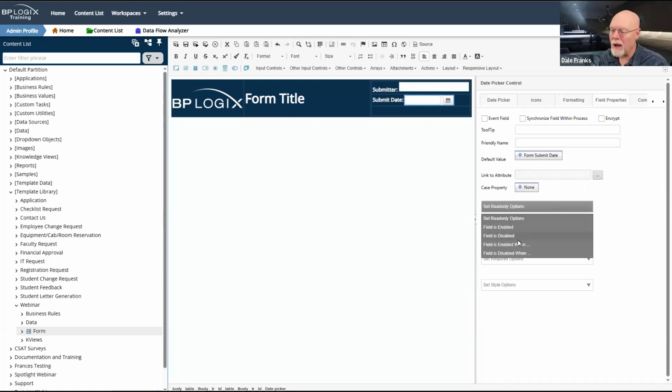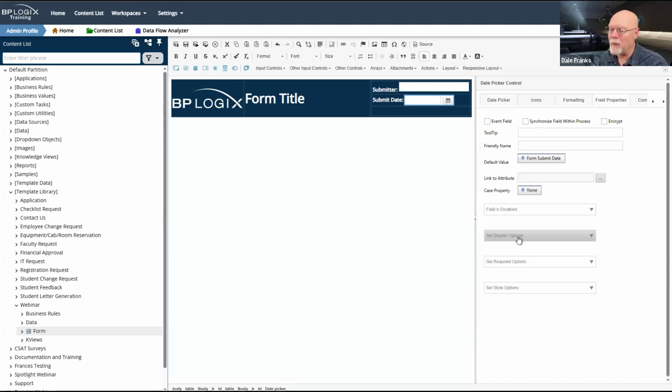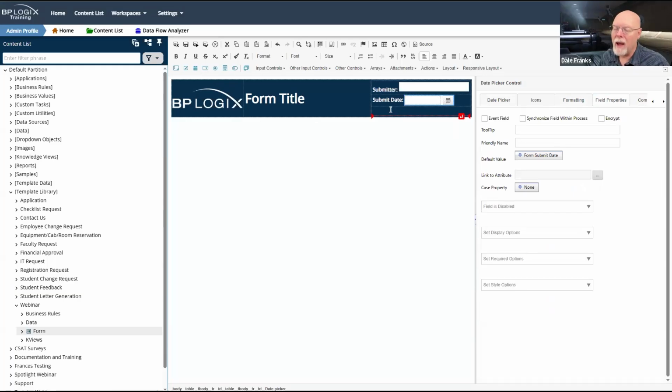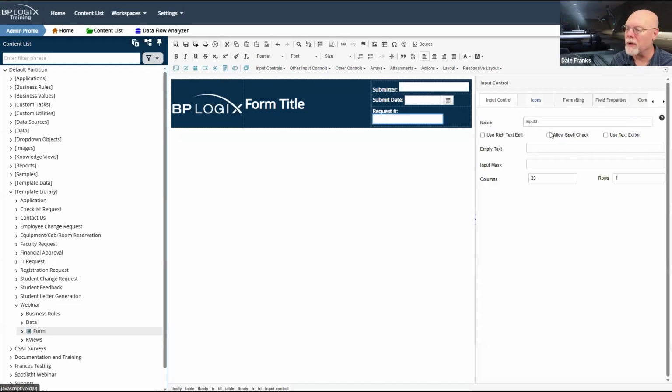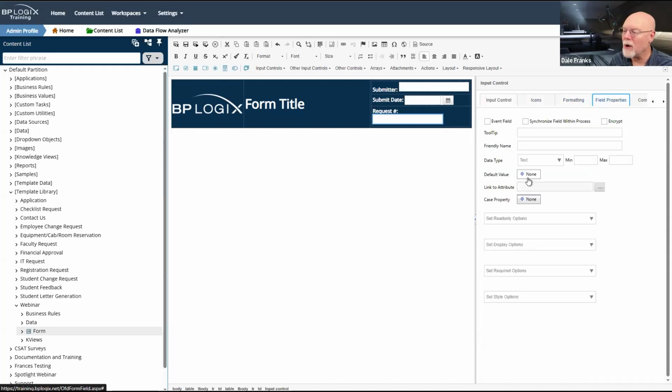And once again, I'm going to disable that field. And then finally, for the 3rd row, I'm going to call it request number. And I'm going to drop in another input control, which I'll call request number. And once again, we'll go to field properties.